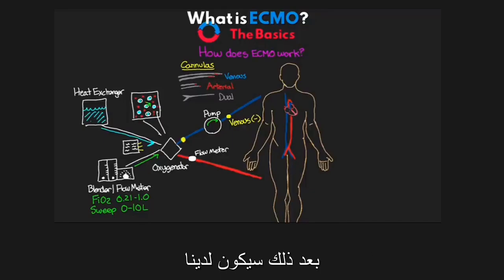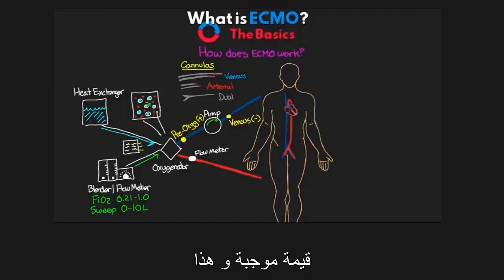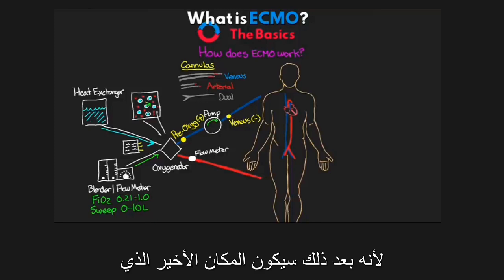Next, we're going to have additional pressure monitoring just before the oxygenator. And this one we should see a positive value. And this one basically is measuring the amount of resistance anywhere from the oxygenator onward in the circuit. I'm actually going to come back to this one in just a minute, because then the final place that we're monitoring pressure is going to be just after the oxygenator,